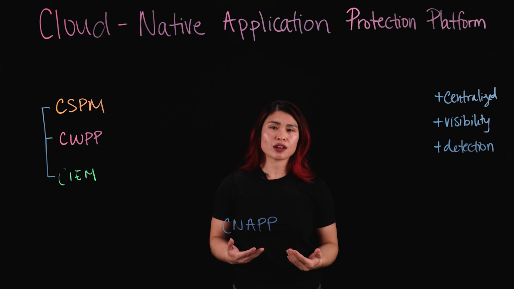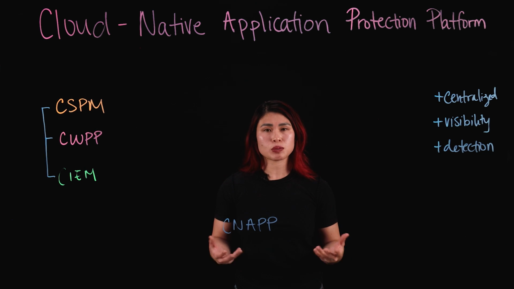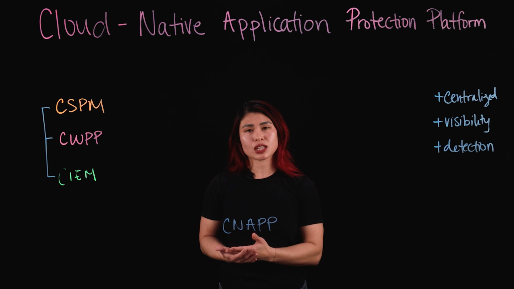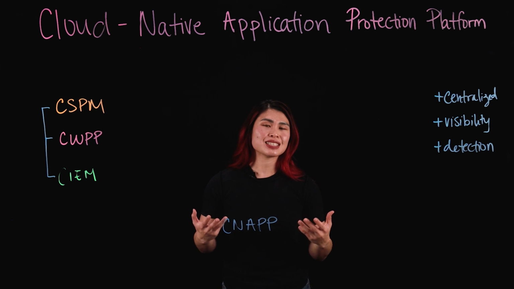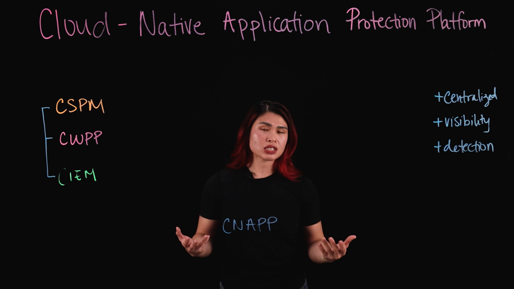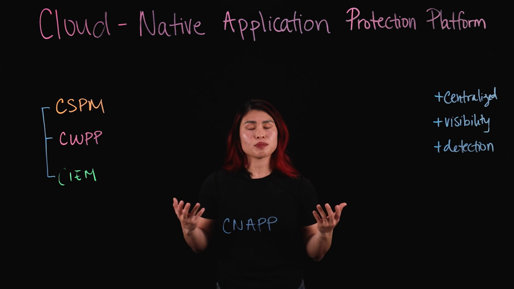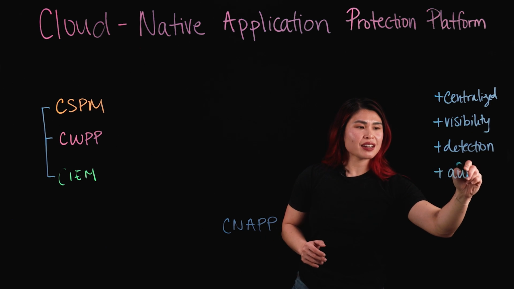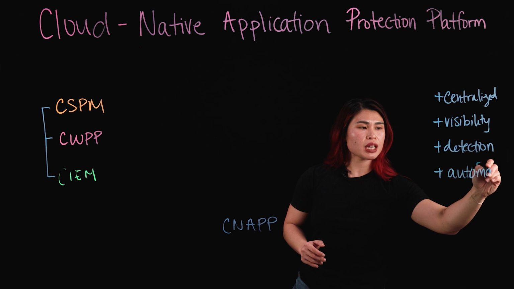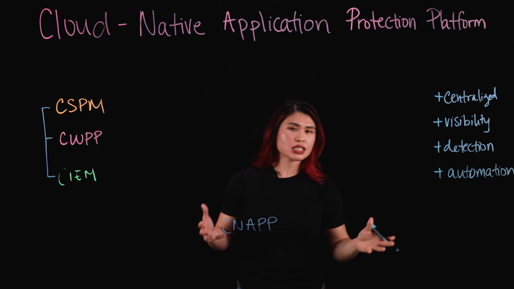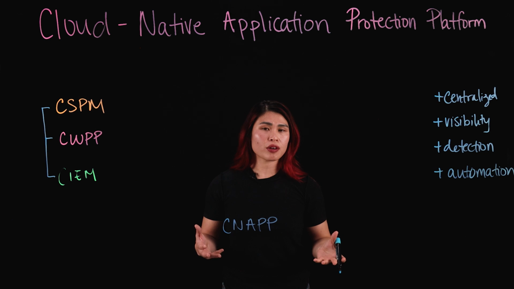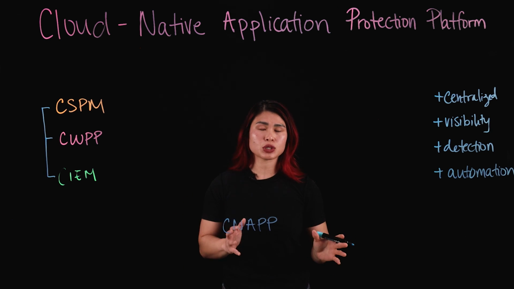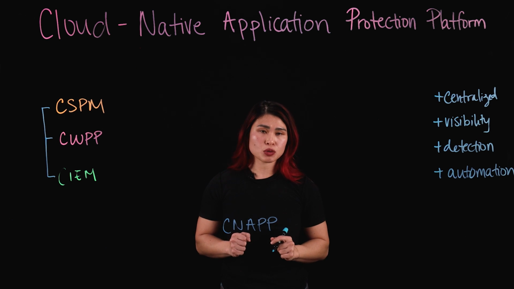And this helps development and DevOps teams be able to be more productive in the sense of how can they not only apply this level of automation that is available, but to be able to also detect these types of risk and issues earlier on in the pipeline process. And with that becomes, again, adding not only a level of automation, but being able to have extensive and cohesive automation that is supported throughout a CNAPP platform and throughout your security solutions that are tackling your individual areas that need to be focused and addressed.